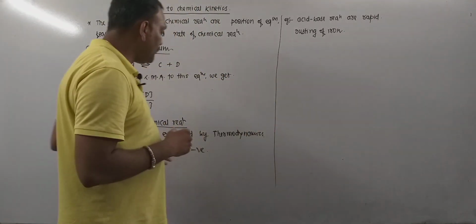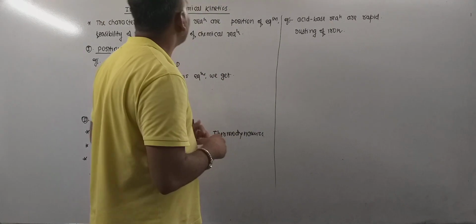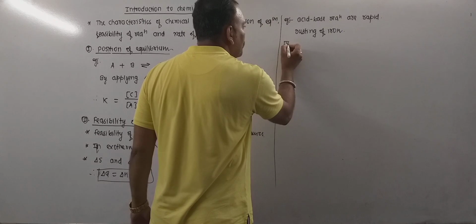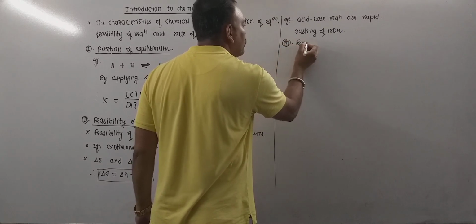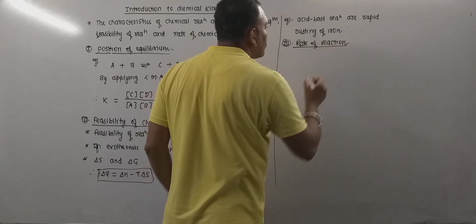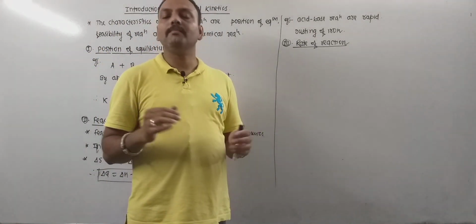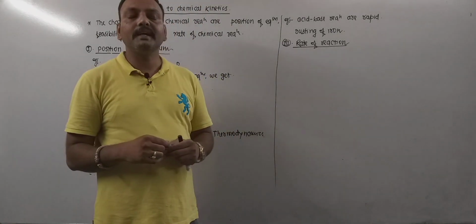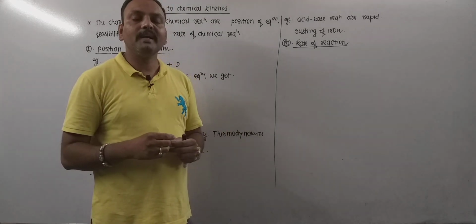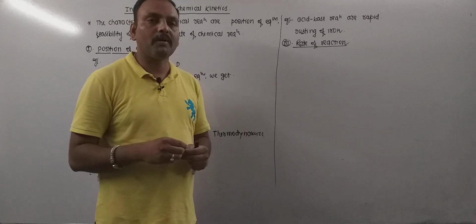Thus, feasibility is explained only in thermodynamics, but as far as rate of reaction is concerned, that is only explained in chemical kinetics. So our point of discussion is the rate of reaction. Now what exactly is rate of reaction? If we are willing to conduct any chemical reaction, then we are also interested to know the time for which the reaction will proceed, I mean the time for which the product will be obtained for us.